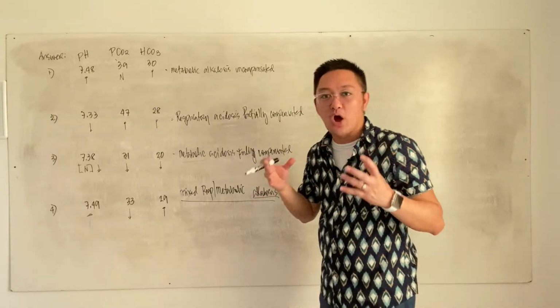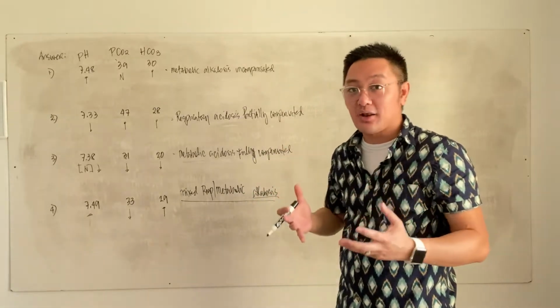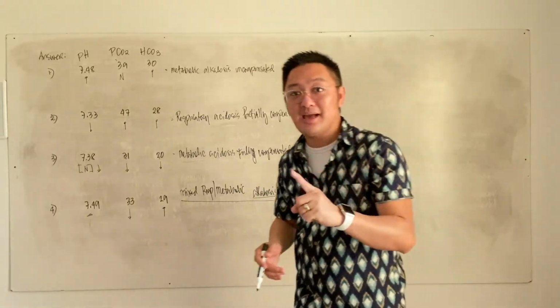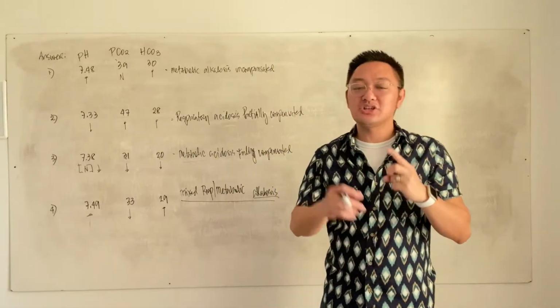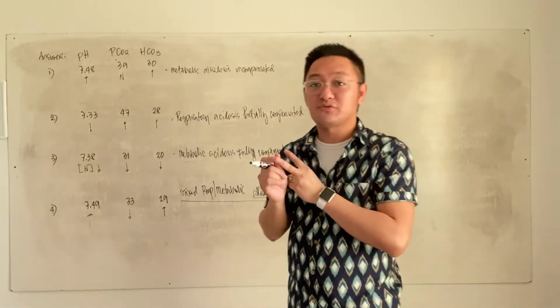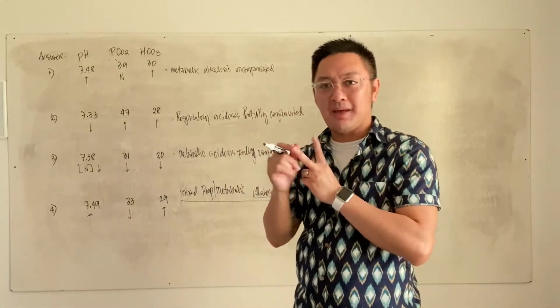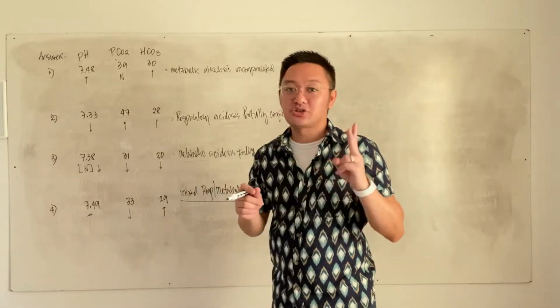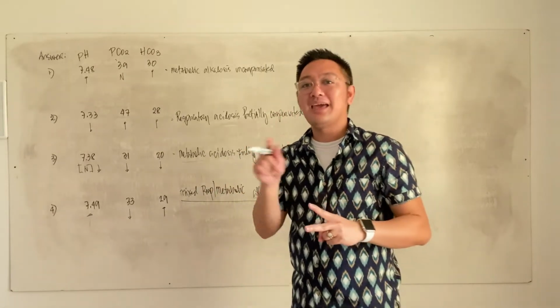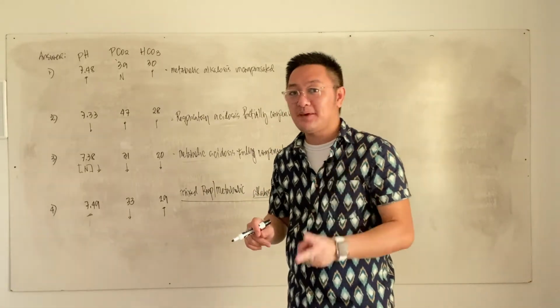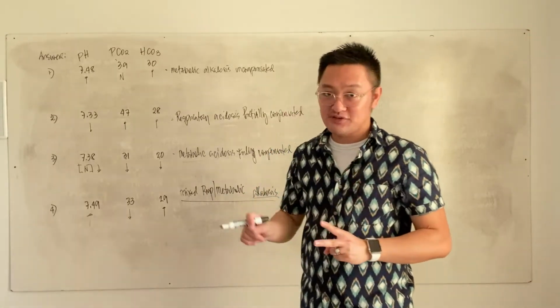Okay, you won't get wrong on this. All you have to do is to follow the steps I gave you. Remember, the first step is to check the pH. After identifying the pH, the next step is you have to figure out if that is a respiratory problem or a metabolic problem. How will you know if it is respiratory? You check the pH and the PCO2, and these two must be opposite. How will you know if it is metabolic? You check the pH and bicarb, and these two must be equal.